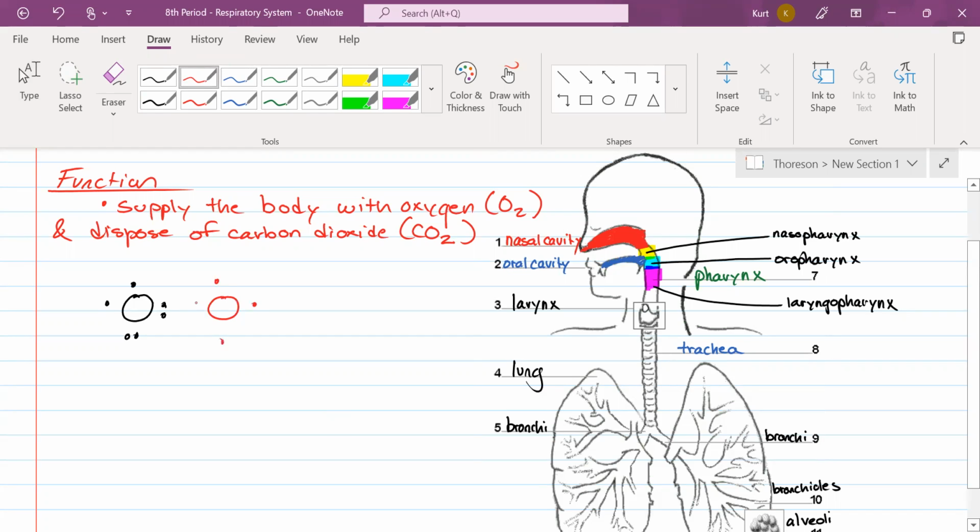1, 2, 3, 4, 5, 6. And you need to get them to bond together so that they can give each other a total of 8. This is called a covalent bond. Sharing is caring and caring is covalent. A lot of you live in a house with other people. You're able to live in the same house, use the same fridge, use the same couch, and coexist. Everybody gets what they need. It's just sharing. These two oxygens are going to share electrons with each other so that they're able to achieve